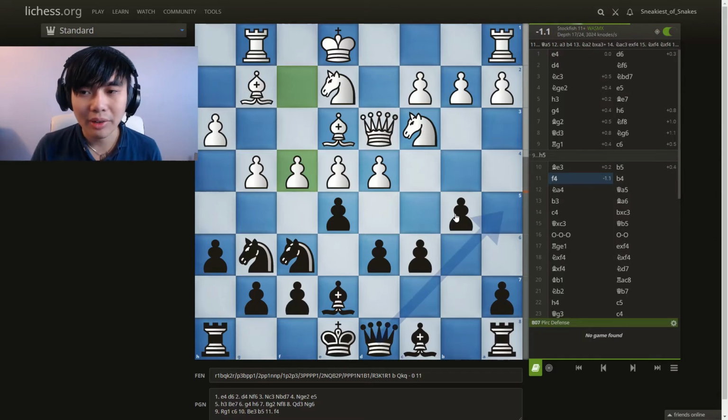My opponent plays pawn f4. And in this position, you're going to see my position all of a sudden went from equal to completely better for me. So I already know that this f4 idea is actually not that scary.